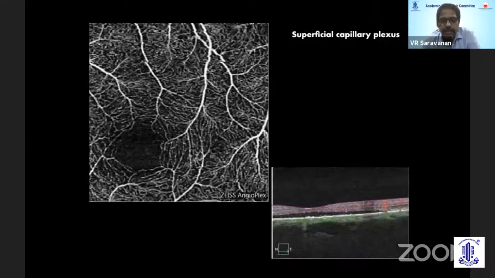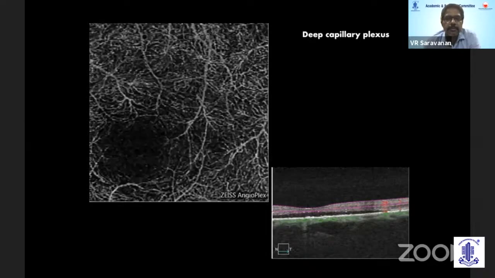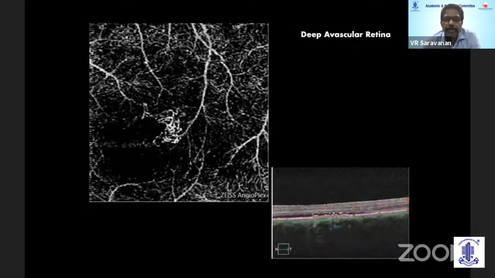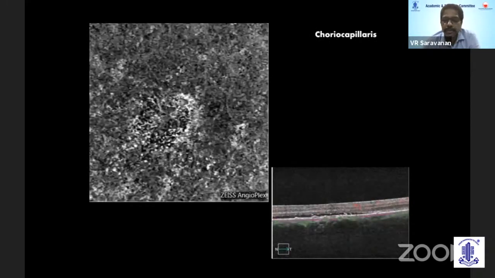And this is the OCT angiography, which I wanted to show. The main indication for this presentation was, you can see the superficial plexus and deep plexus, which are quite normal. But when you go to the deeper avascular retina, you're able to pick up a small vascular network in the deeper layers, indicating an area of neovascularization just beneath the PED which you are visualizing on structural OCT.